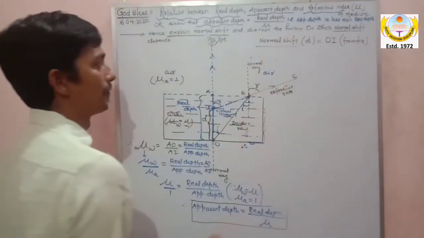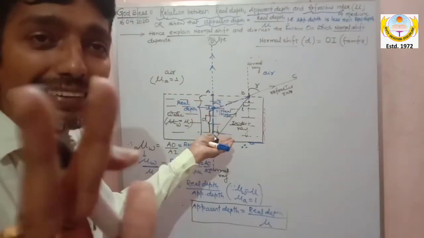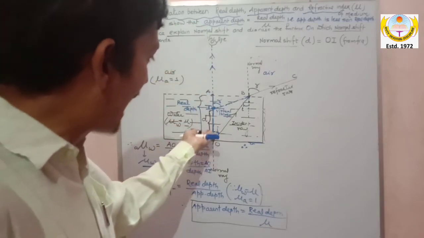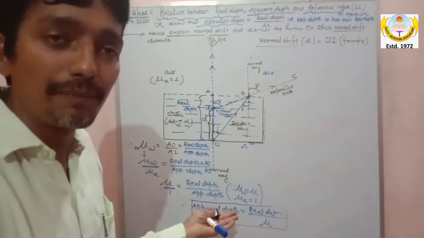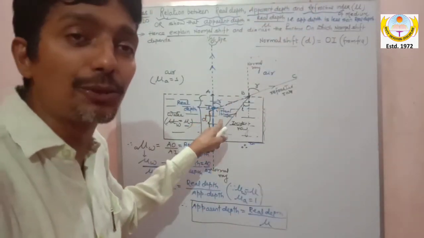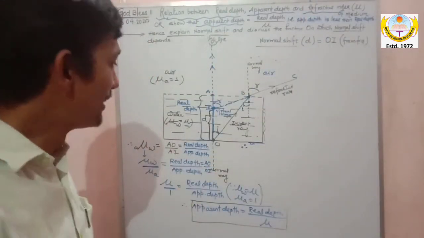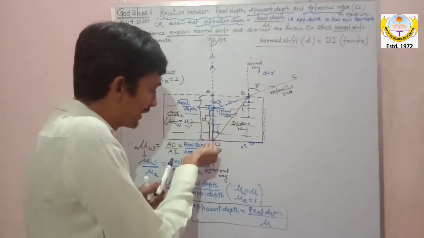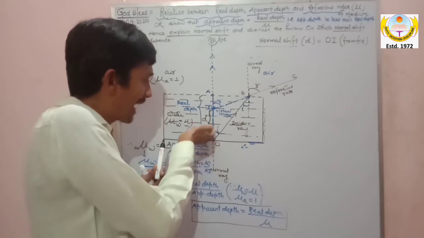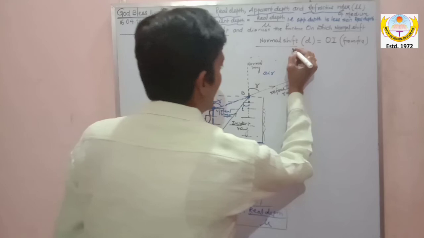So what is normal shift? Sir, I think normal shift is a height. It's not a depth. Depth we are looking from the surface. Normal shift is the height up to which the object appears to be raised. I hope it is clear, so simple. Sir, this is the height. Normal shift is the height up to which O appears to have been raised up to I. So it is the height. I can write the height